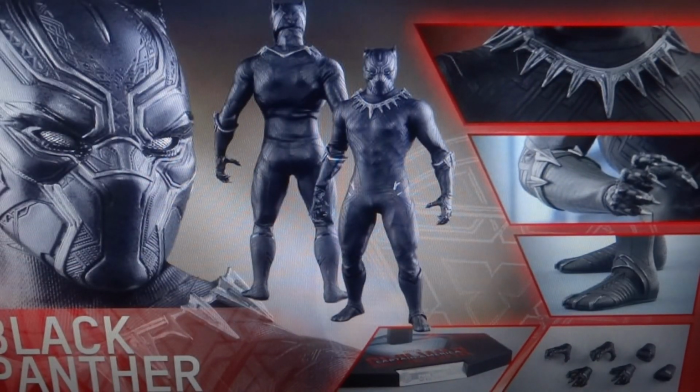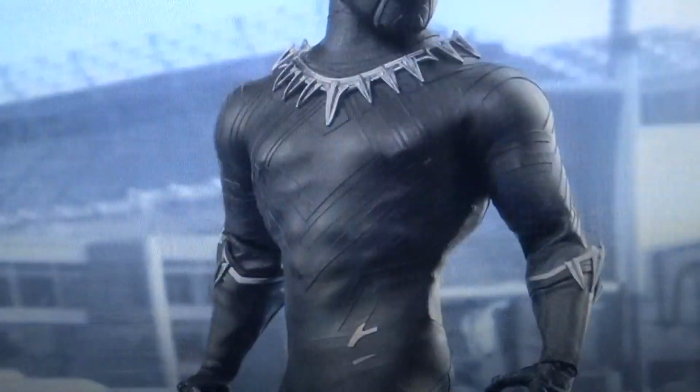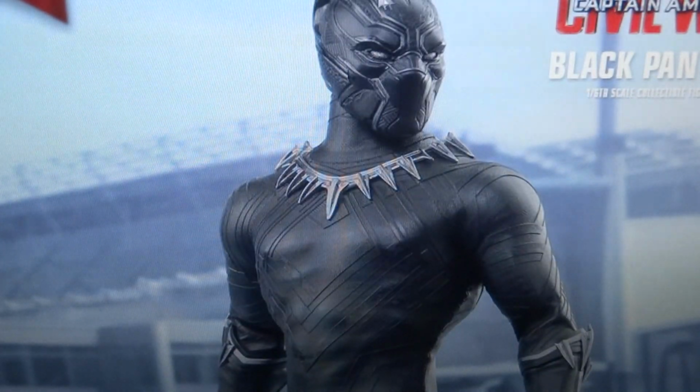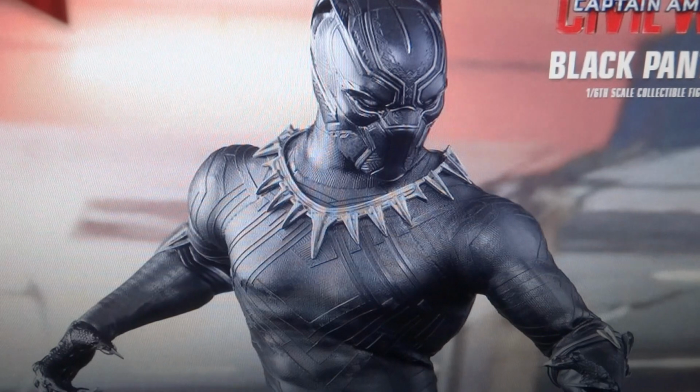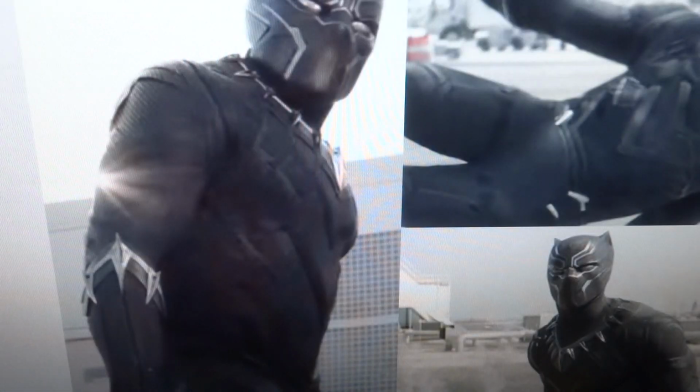The details all around the suit, he has like the necklace, you've got little areas right here, the top of the gloves, things that are silver, and there's a bunch of silver lining in the face, especially the eyes. He has a lot of silver areas. Unfortunately, it looks like they painted them in more of just a gray kind of look. It's maybe slightly shinier than gray, which is definitely really disappointing, because if you take a look at the images